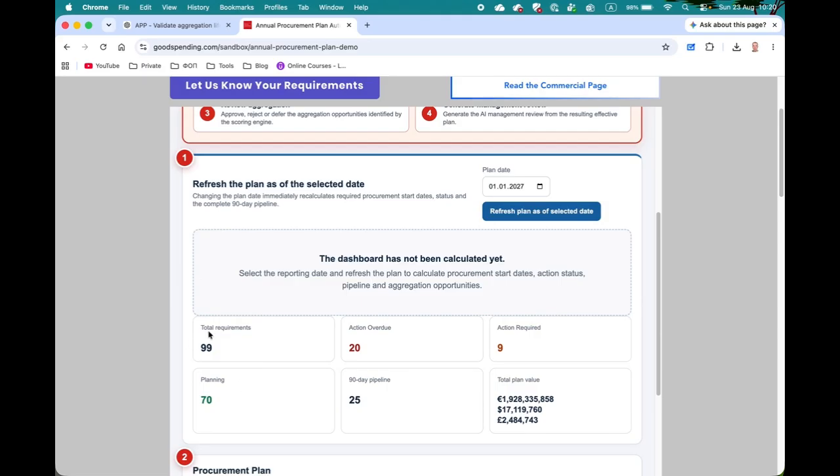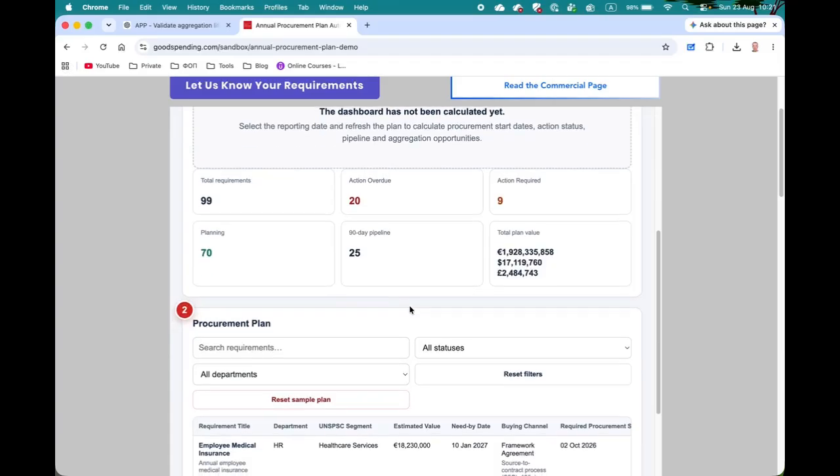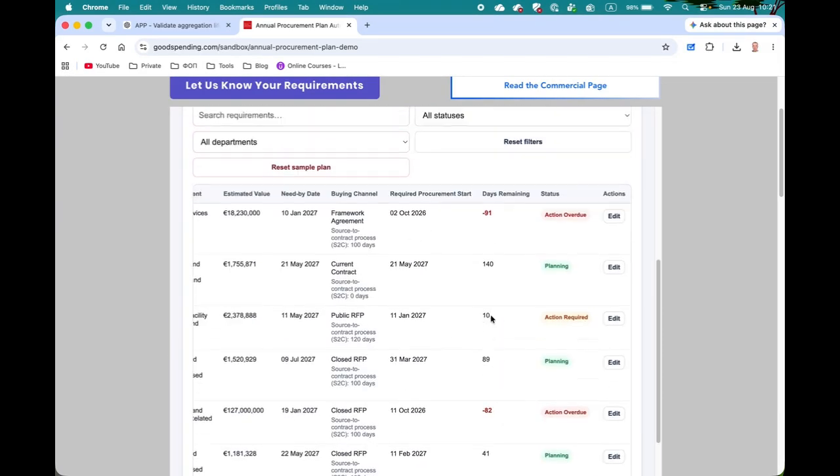Our plan has 99 line items. Some of those items are overdue. It doesn't mean that they're necessarily past the need by date, but we calculate that if on average the IP needs 100 days to complete and you already have only 40 or 50 days remaining to the need by date, you're already late. So the action is overdue. You should have started way earlier. You can see here